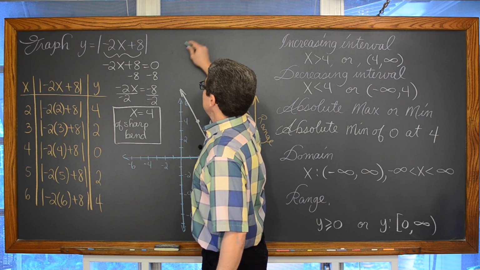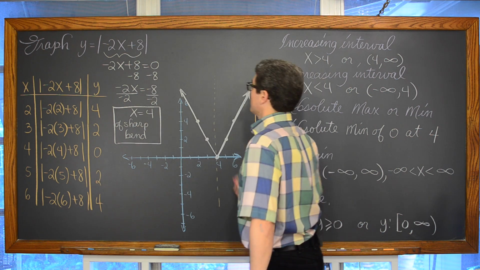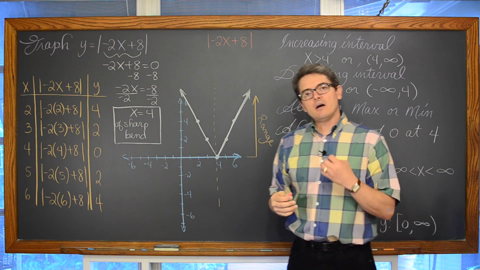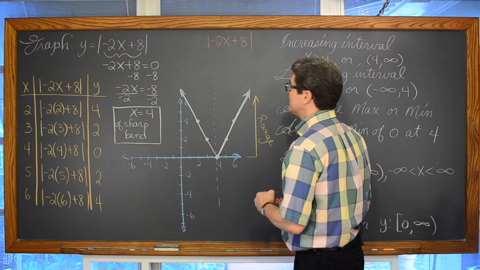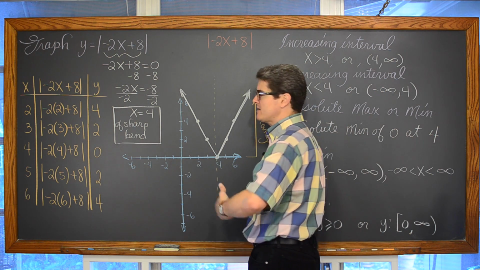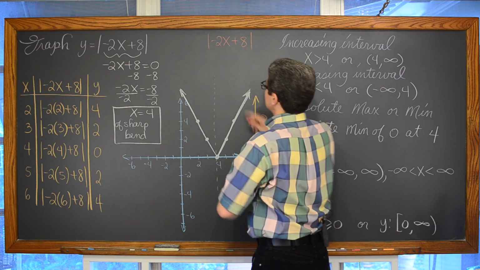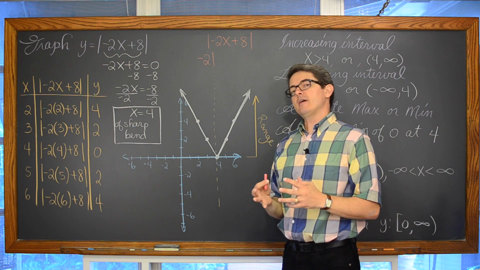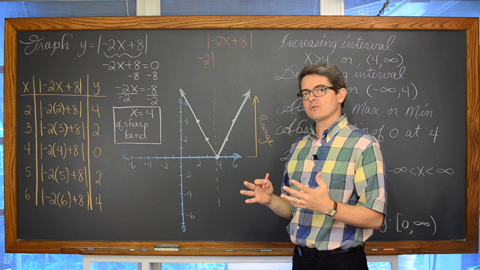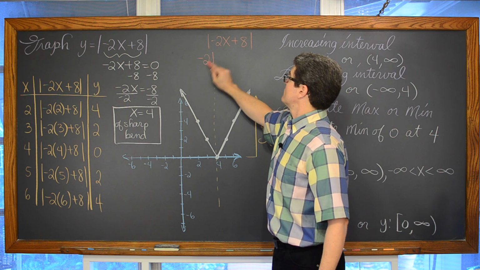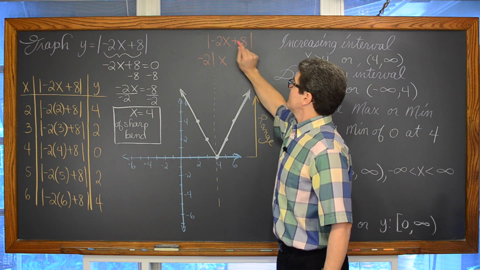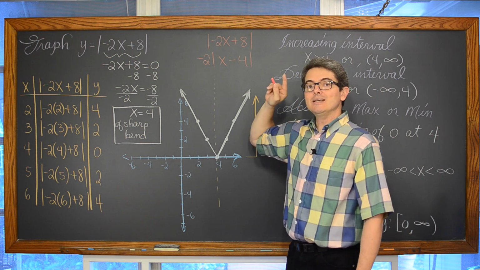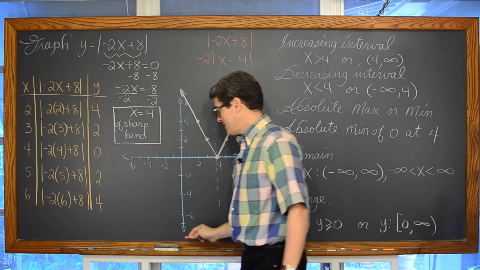But some students will see this. Maybe I should write it in red because it's technically wrong, what I'm about to do. Once students learn how to undistribute or factor out monomials, if you've studied that yet in your math studies, some students will look at this and want to take this -2 and bring it outside of that absolute value symbol, working with it as just a straightforward grouping symbol, where -2 divided by -2 is +1, and +8 divided by -2 is -4. That is not correct. That is not allowed.